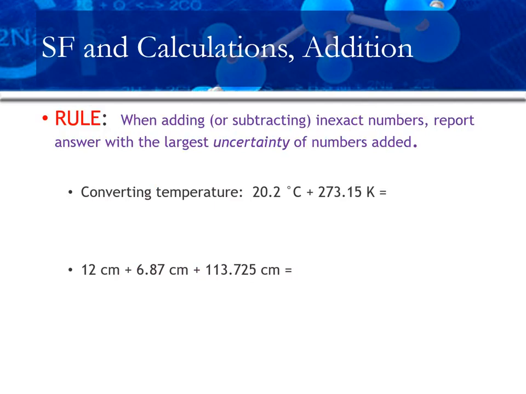When we add or subtract inexact numbers, however, we use a different rule, and this is really important to remember and easily forgotten by students because most of the time we multiply or divide. But when we add or subtract inexact numbers, then we look at the largest uncertainty instead of counting significant figures. So if we were to write down the result of this temperature conversion that I have here, the answer would be